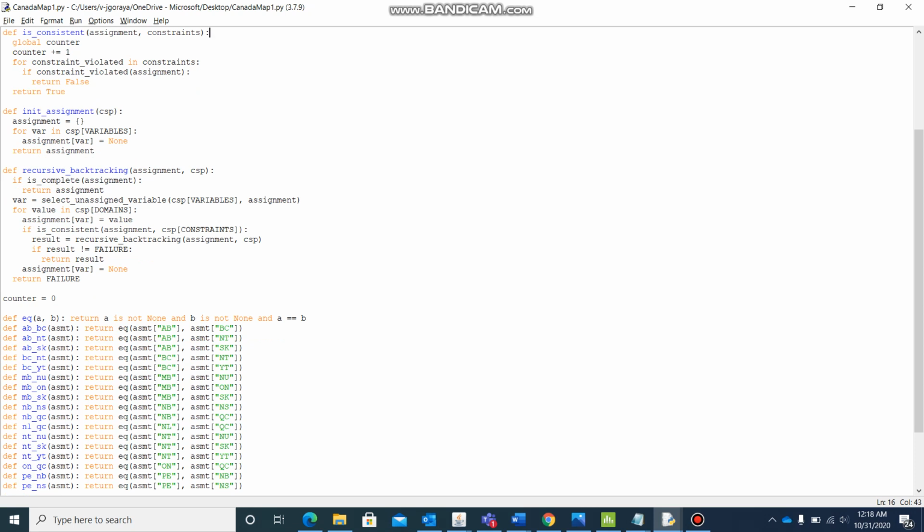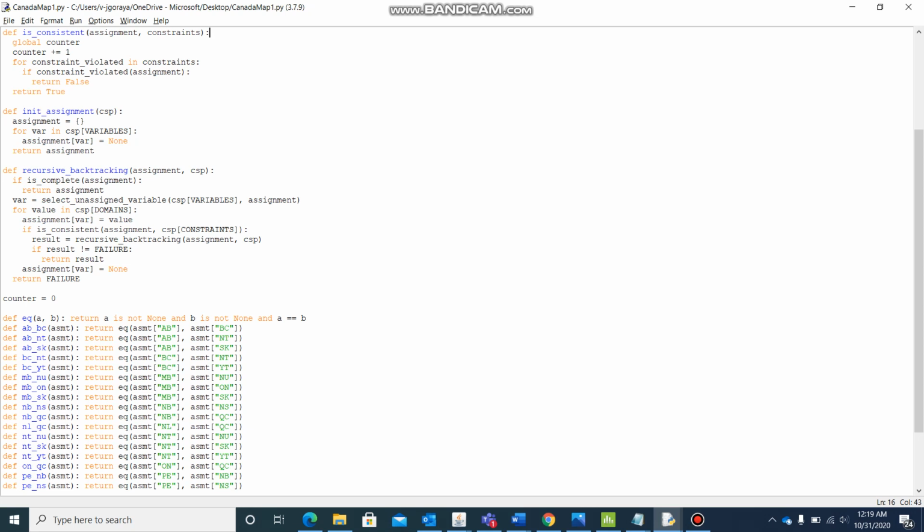And the fifth one I have defined is recursive backtracking with the assignment and CSP. Here I have given the condition that if the assignment is complete, then it will return the assignment. The variable equals select unassigned variable with CSP variables and the assignment. Then I have done a for loop for each value in CSP domains, where the assignment for the variable is equal to the value. If the assignment is consistent, then the result will be the recursive backtracking call.